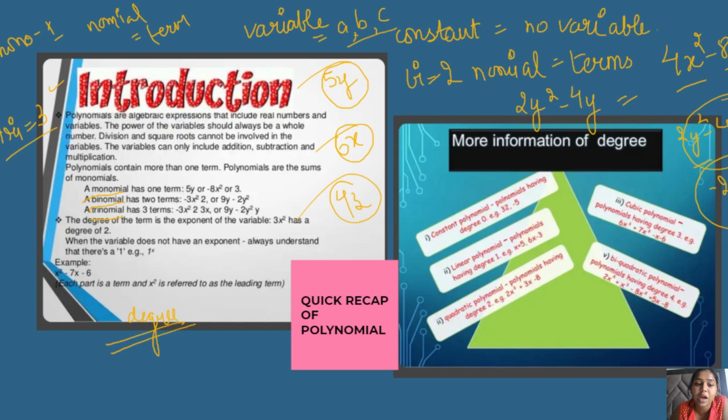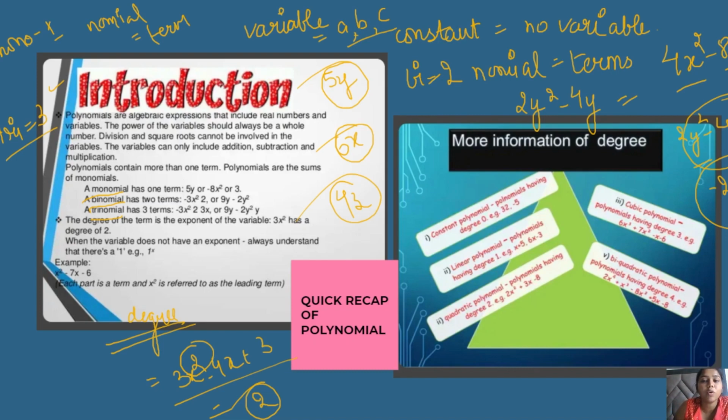The largest power of the variable is known as the degree of the equation. Let's just suppose 3x square minus 4x plus 3 is the given equation. In this particular equation, the largest value for the variable is 2. So the degree of this equation is 2. This is what we call the degree of the equation. That is, the highest power of the variable that exists in the equation is known as the degree of the equation,